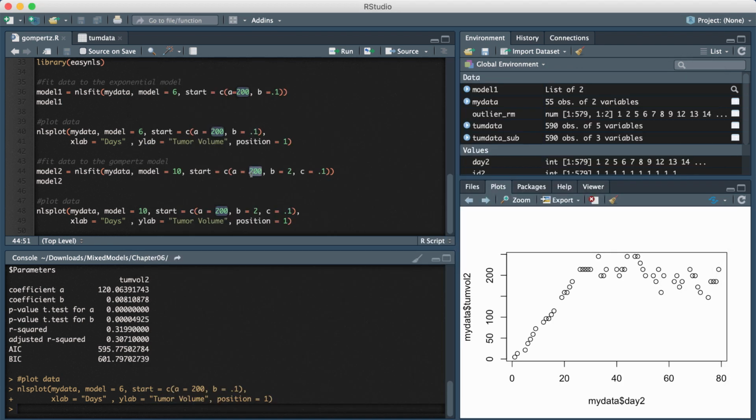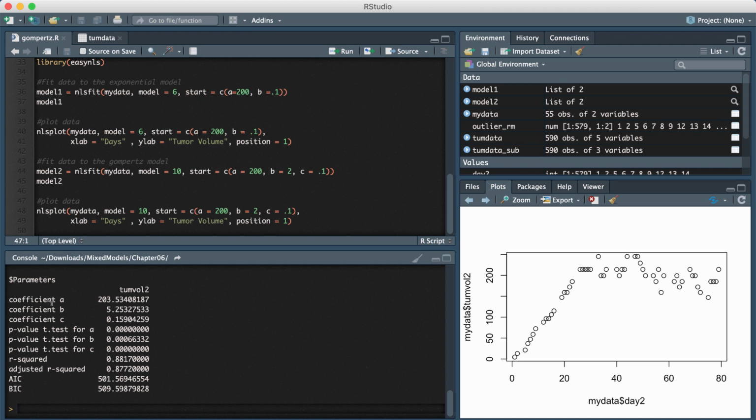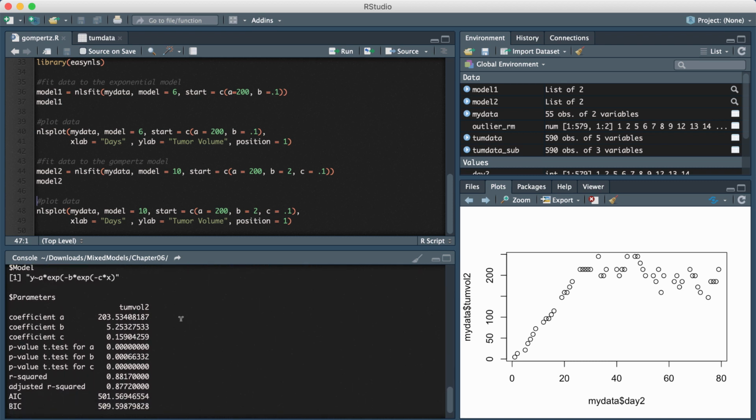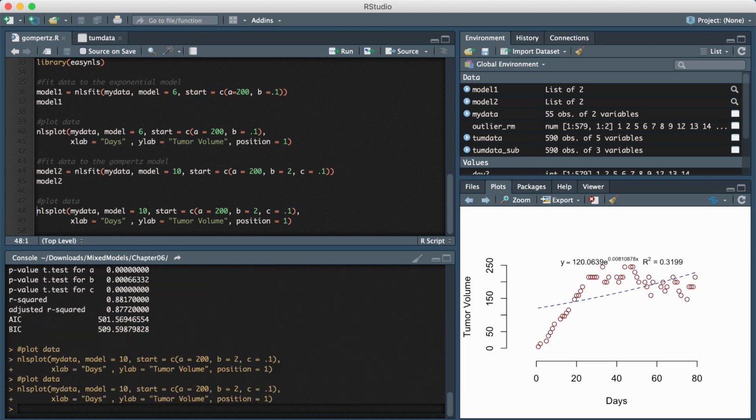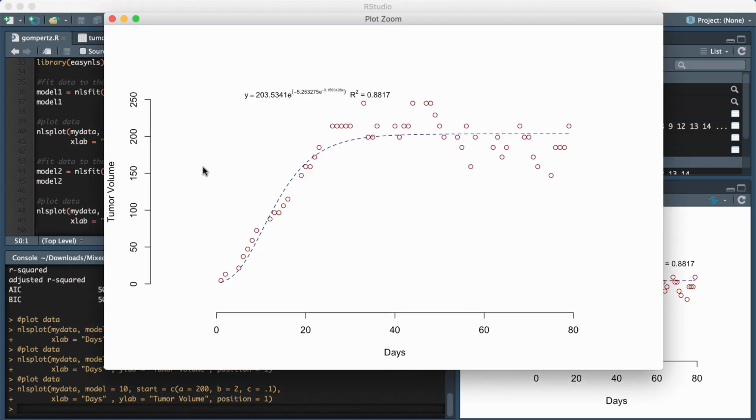So with those starting values, I input that into this function, and then this gives me the final estimates after optimizing. So this is saying that the final asymptote was actually around 203, so very close. This was saying that the displacement on the x-axis was 5 and not 2, and then this is saying that the growth rate was about 0.159 and not 0.1. And now finally, let me plot the actual model fit to the data and show you the fit statistics.